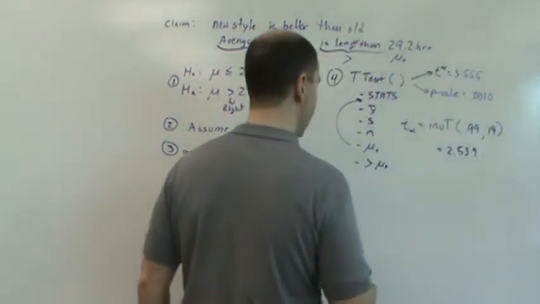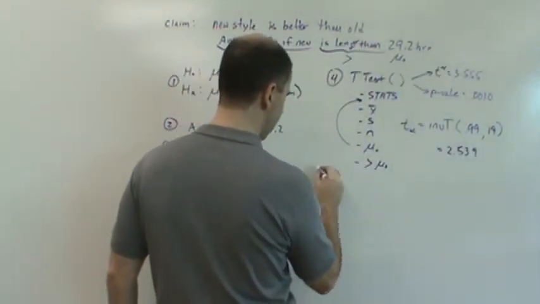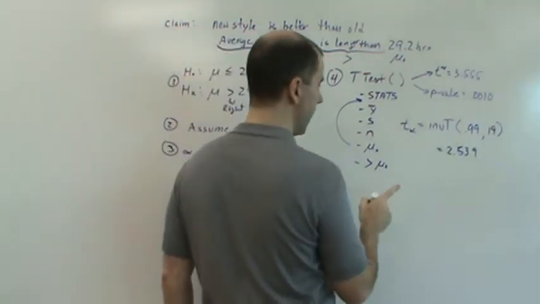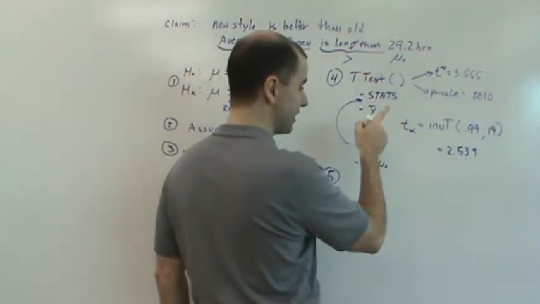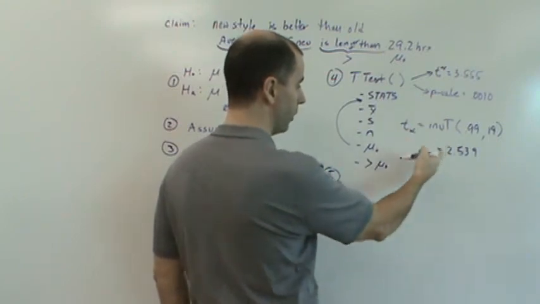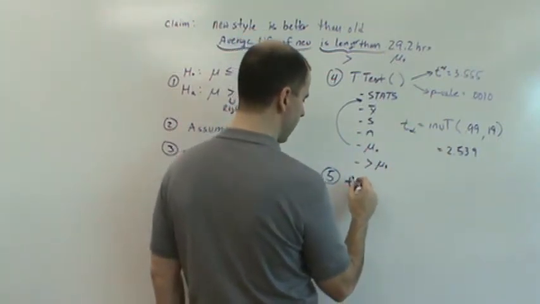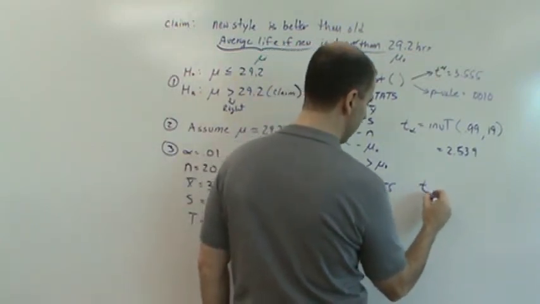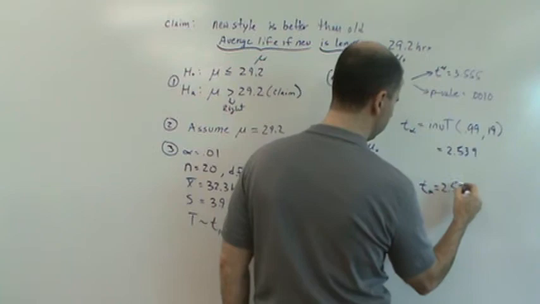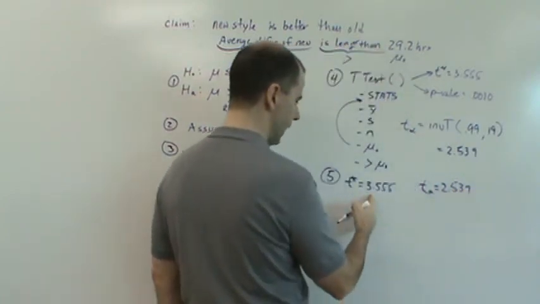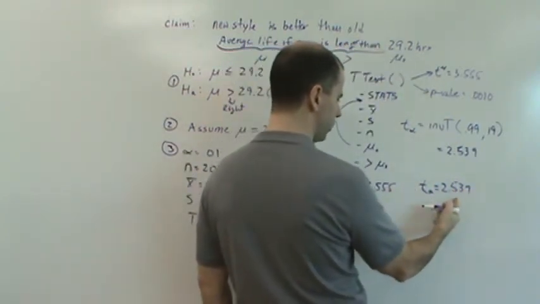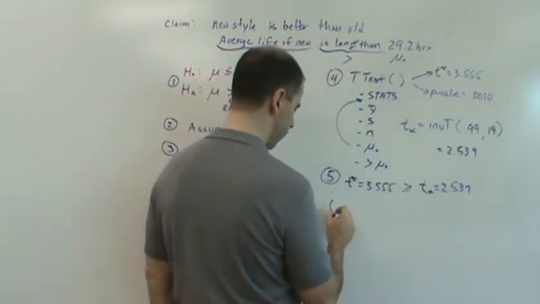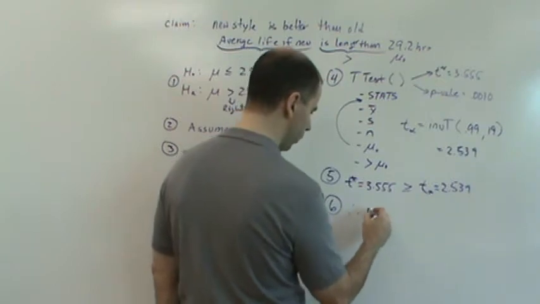2.539. Now, if we want to do the traditional method, then it's a right-tailed test, so we're going to reject if our test statistic is greater than or equal to our critical value. So T star, which is equal to 3.555, T alpha is equal to 2.539. Is our test statistic greater than or equal to our critical value? The answer is yes. So therefore, what are we going to do? We're going to reject